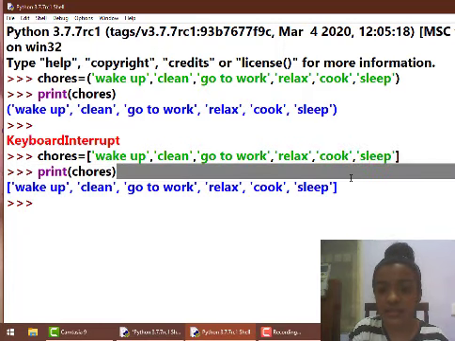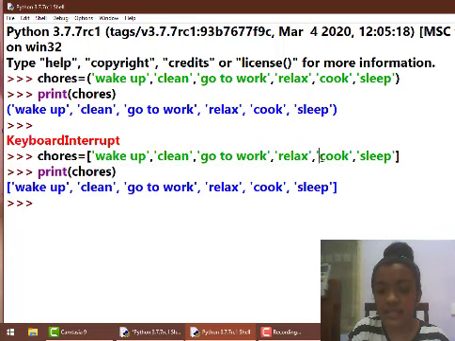And here, the data cook is in the last but one place, which means cook is in the last but one index. So index is something which gives you the position of the data. So if I need to print the data wake up alone as my output, I have to use the index of wake up.